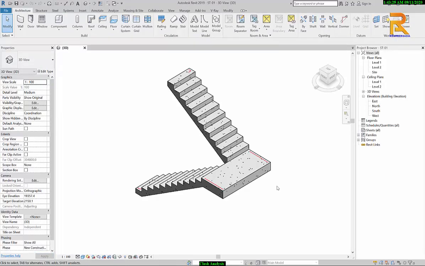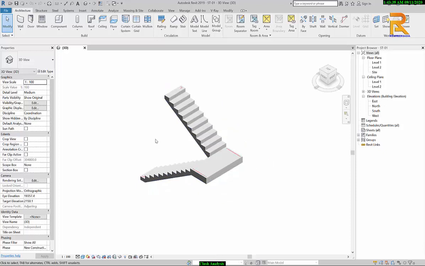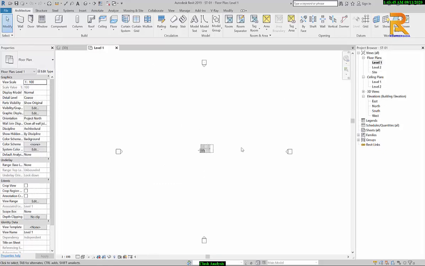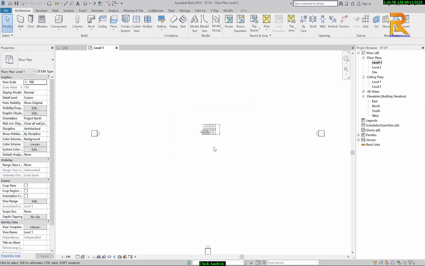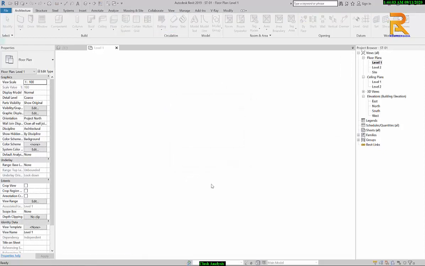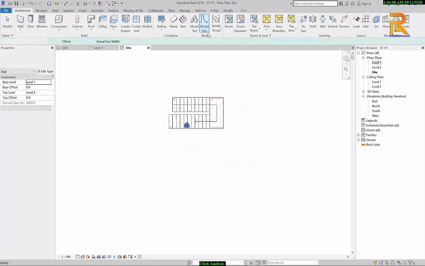We will do this one, guys, in the next tutorial. I'll just give you some highlights on how to create your stair railing using the adaptive components. For normal stairs,